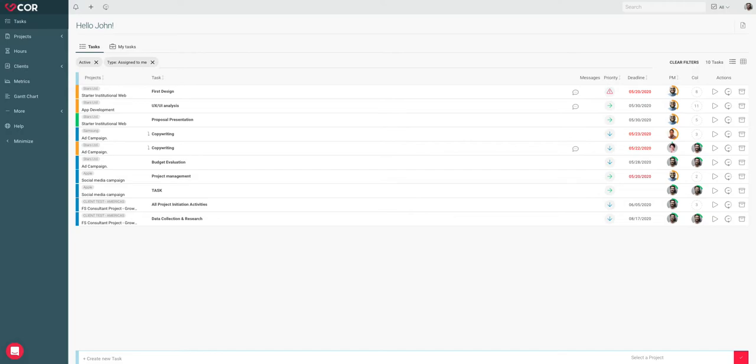Here, we can find all of our pending tasks. In each one, we can see the name of the task, which will give us a general idea of what the task requires, the project or campaign to which the task belongs, and the client with whom we are working. Also, we can quickly identify the deadline, priority, the project manager, and if we are sharing responsibility of this task